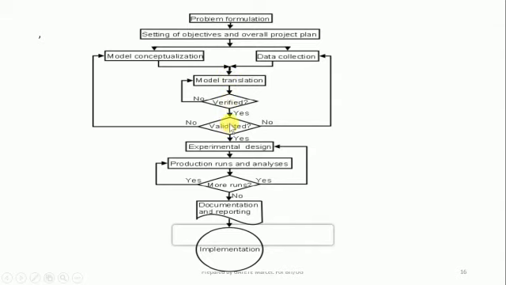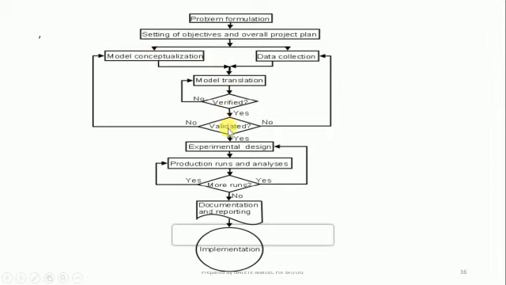The second question is about validation. If you verified it and everything is okay, you have to check if you have validated your data. If not yet validated, you will go again to model conceptualization here, and then continue.